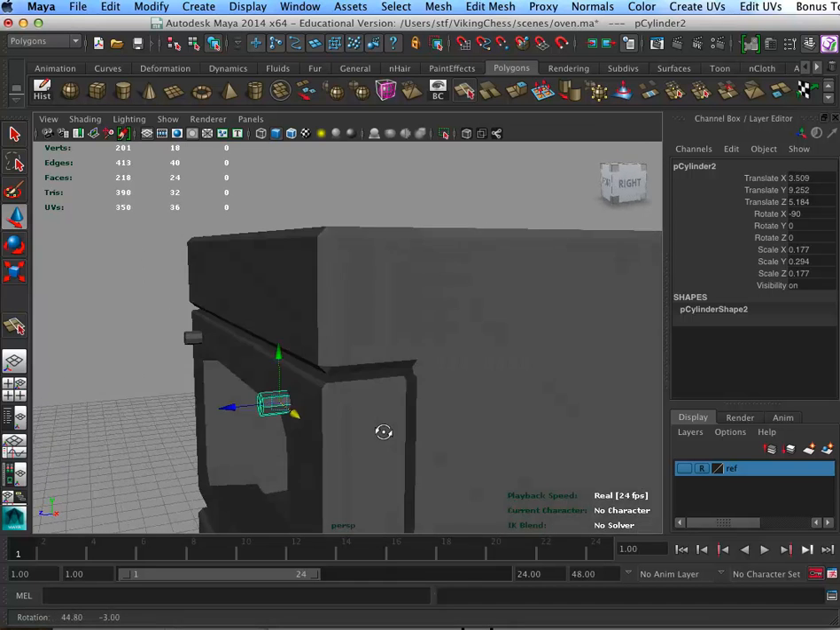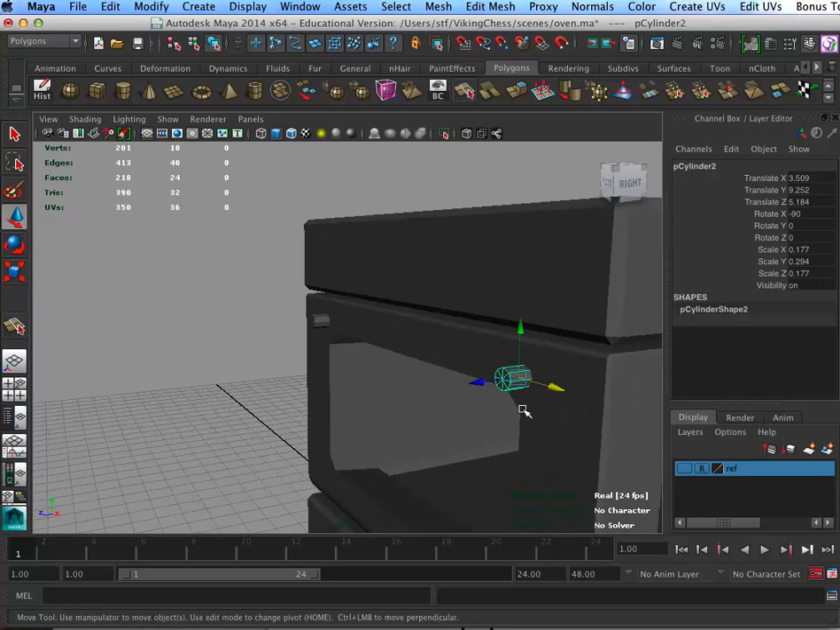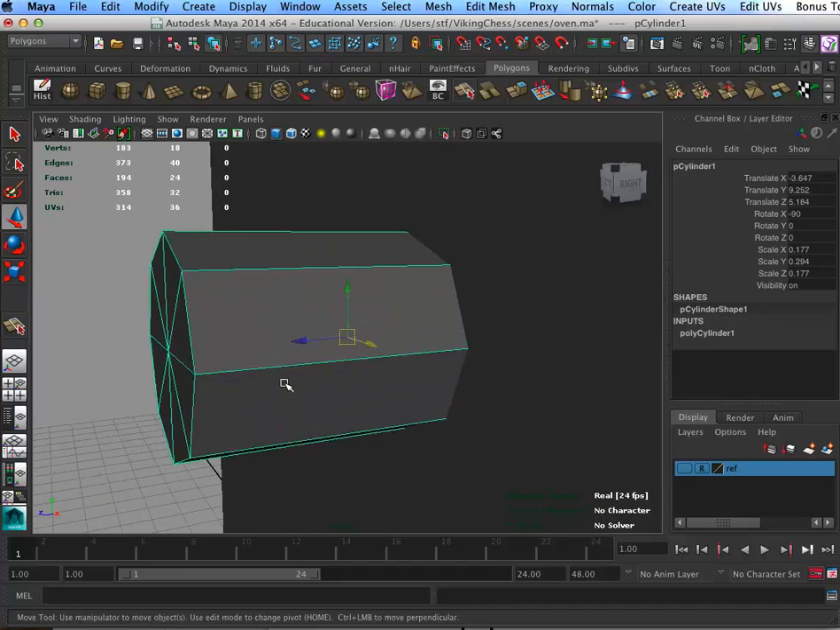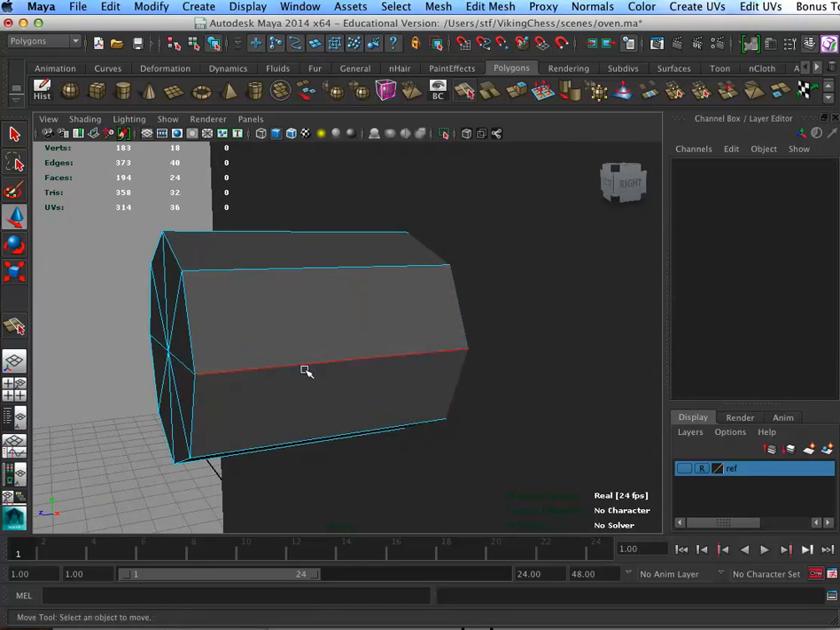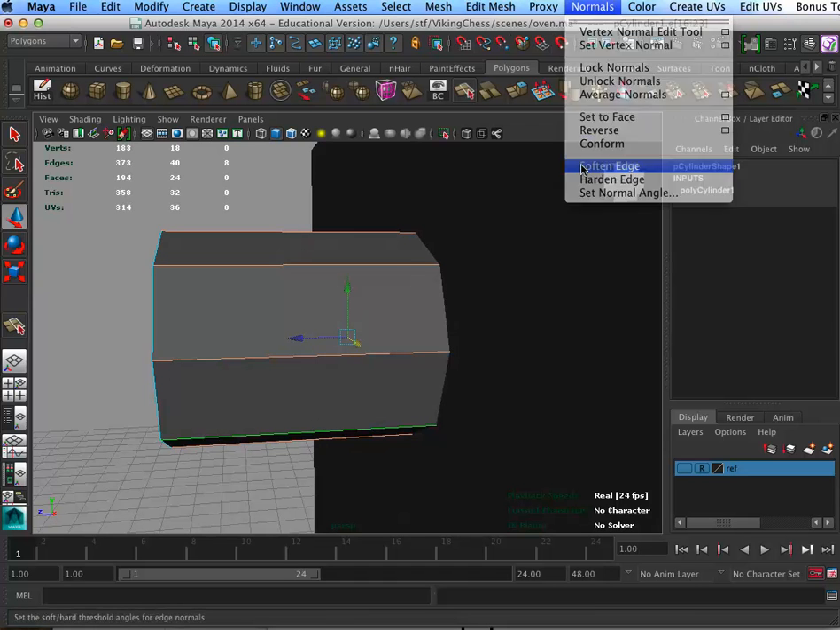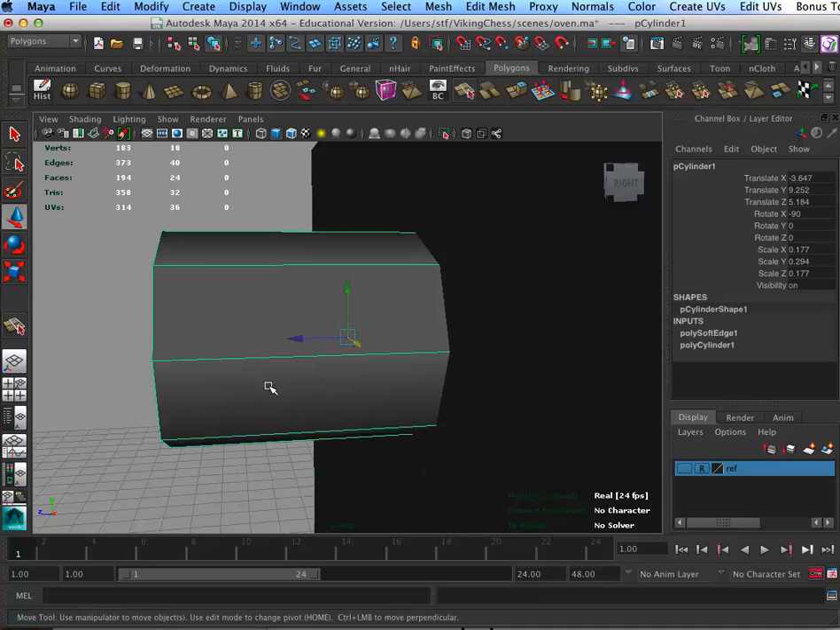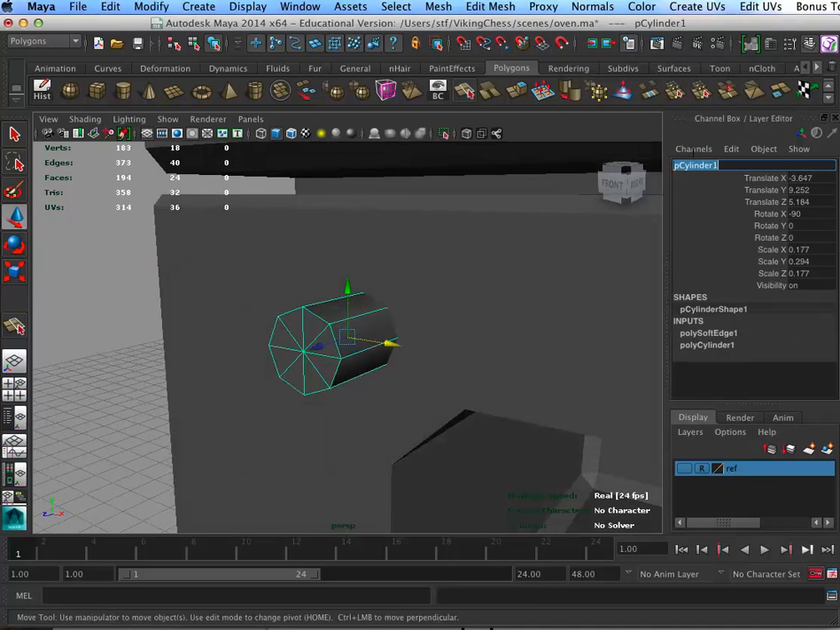Okay, so there we go. Zip, zip, zip. So that pops over there. Before I delete that, duplicate that. So that's faceted. I'm just going to grab the edges and go up here to normals and do soften edge. And so now you see how that's not faceted anymore. Okay, so handle